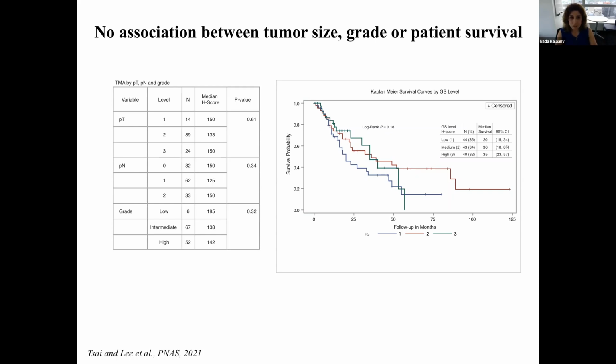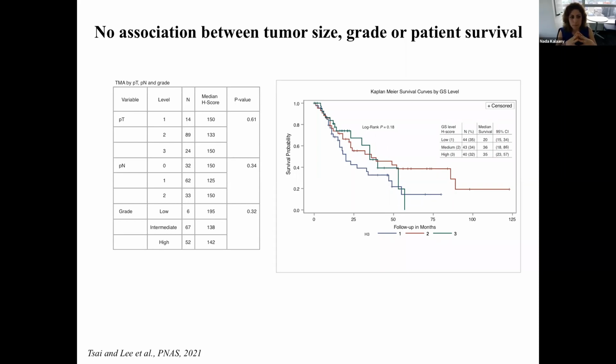On average, there was no association of GS with either tumor size, involvement of lymph nodes, so invasion basically, which can be summarized as tumor grade, nor was it associated with survival. That might sound surprising to you, as it was at the beginning to us, but then if